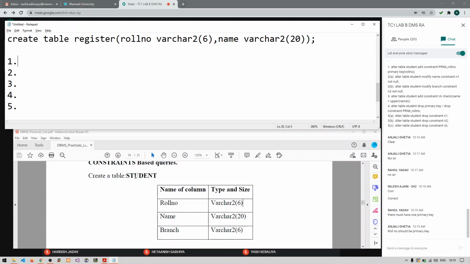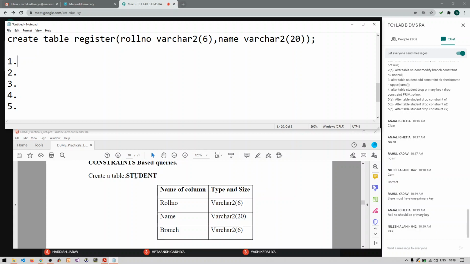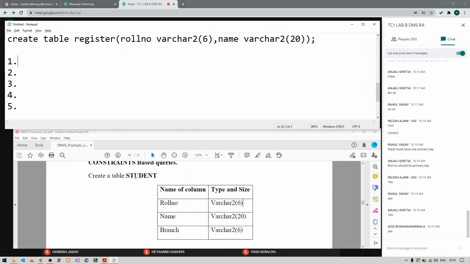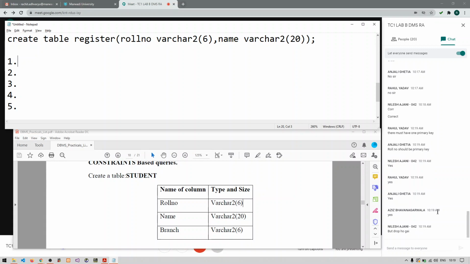How many says yes? Okay, Nilesh is saying yes. Rahul is also saying yes. Okay, Anjali, Aziz. So almost all are saying yes. But I think yes, exactly Nilesh.